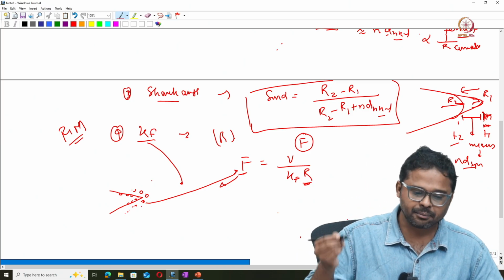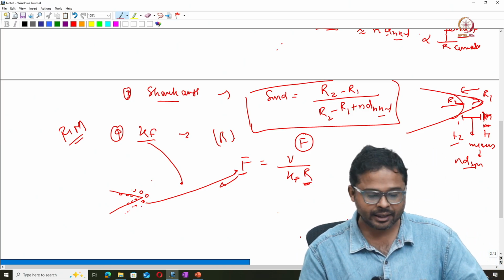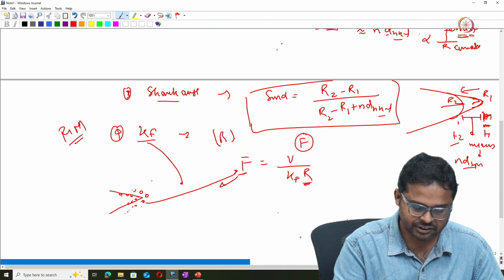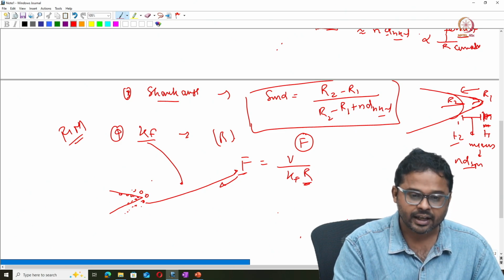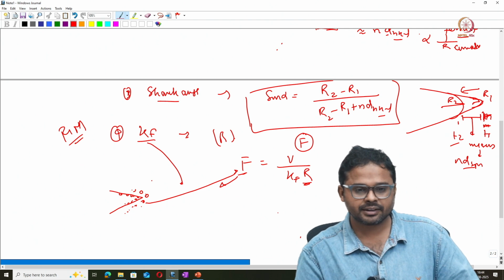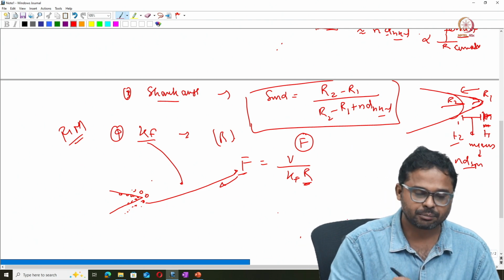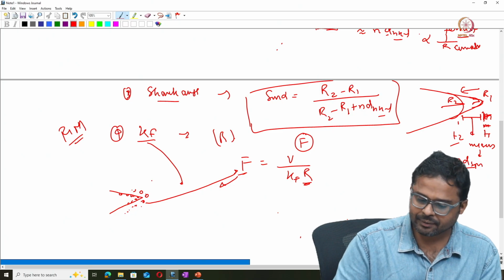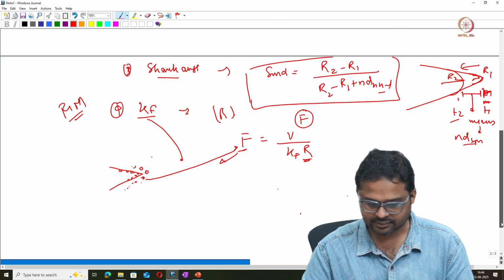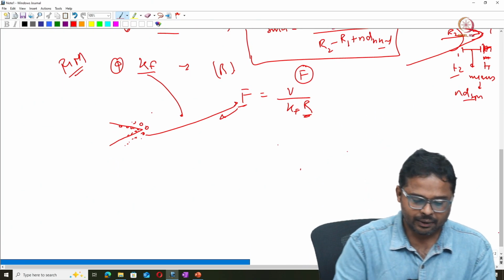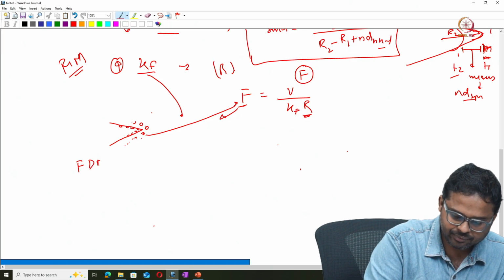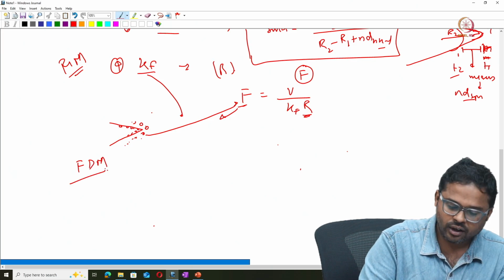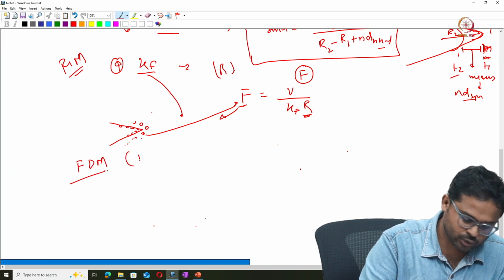But in atom probe this kf value can be determined, because you are field evaporating the actual atoms which are present on the tip surface. So FIM can be used for these four parameters. Now by using FDM, this is called field desorption microscopy,